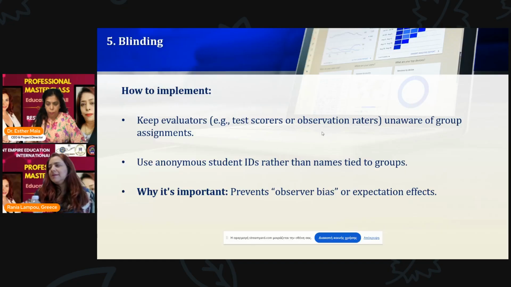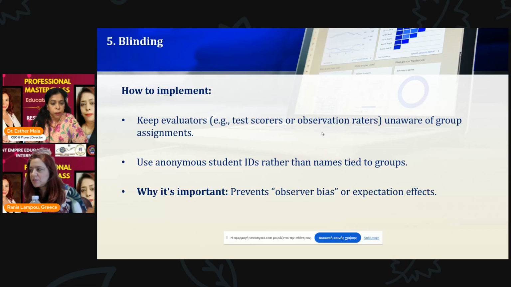Then blinding, which is recommended for reducing bias. What is the purpose of blinding? It is to ensure that outcome assessors are not biased by knowing which students were in which group. So how to implement this? Keep evaluators unaware of group assignments or use anonymous student IDs rather than names. And why is this important? Because it prevents observer bias or expectation effects, where assessors might consciously or unconsciously score differently depending on what they